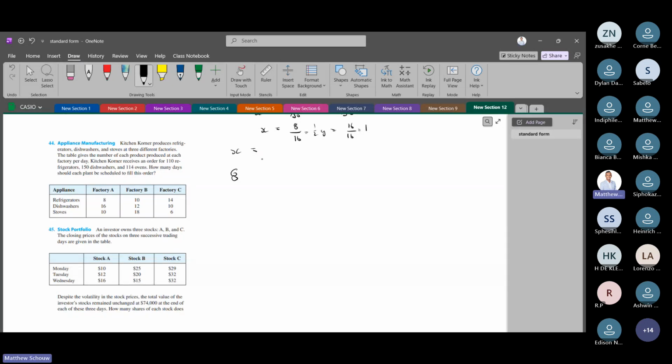X will be the days. No, not days. Let me just show you that. 8x plus 10x plus 14x equals a total of how much? 110 refrigerators, right? So x is the number of days, basically. It's per day, right? We set up another equation, 16x plus 12x plus